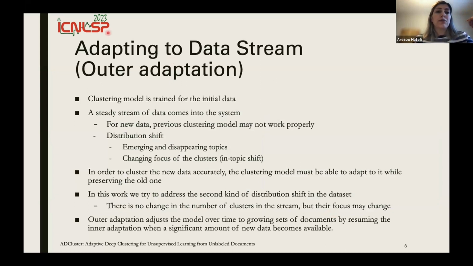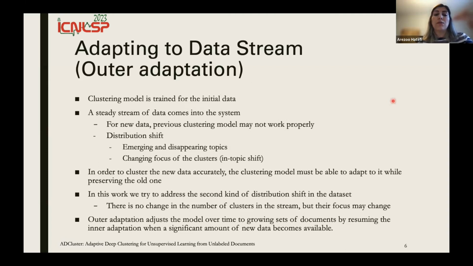And we also tested our model for data streams. For example, we have an initial data in the first step, and we train a clustering model for that. Then a stream of data comes into the system that needs to be clustered. For the new data, the previous model may not work properly because we may have distribution shift in the new data.